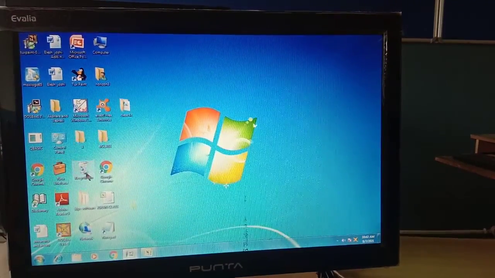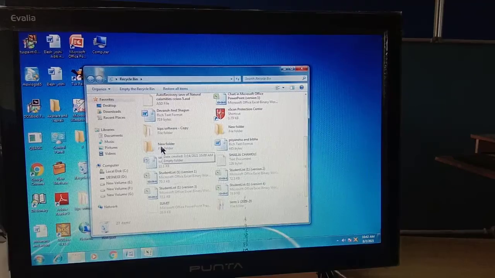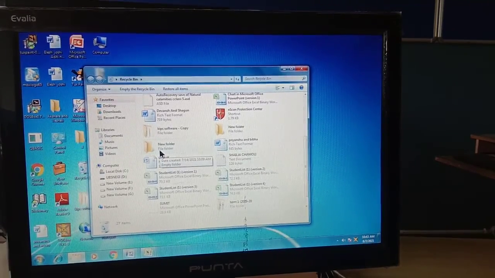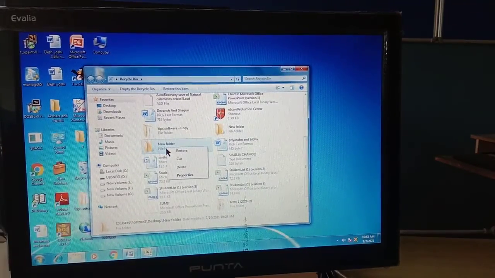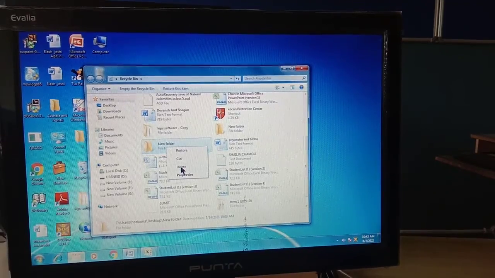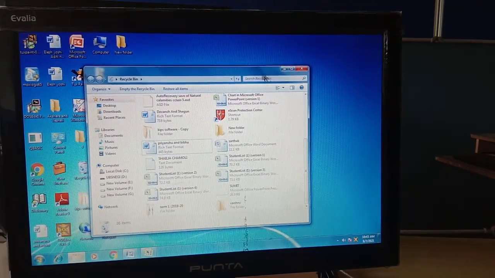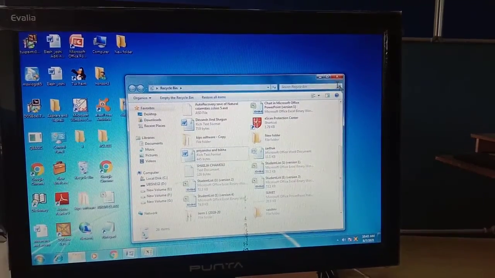Let me show you. For example, I want this new folder again. I created it and deleted it, but by mistake, and I want it again. So what should I do? I will just right click on it and there will be an option, restore. Once I click on delete, it will not come back. So where do we need to click? We need to click on the restore option. As we click on restore, it will go out from this recycle bin and reach your desktop.